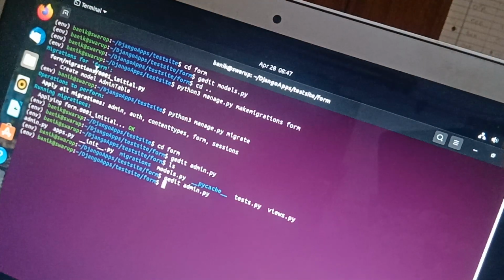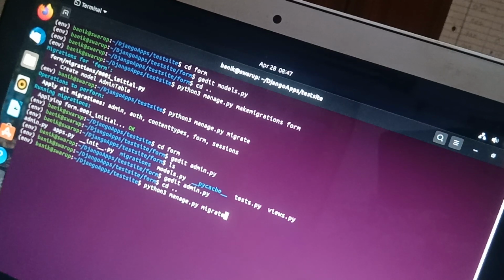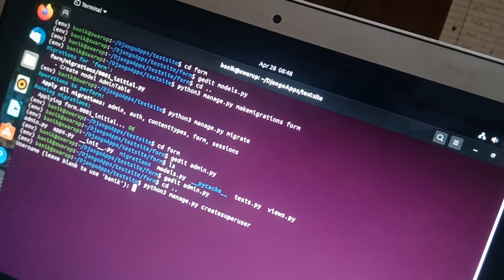We'll go back to the test site directory and run again, manage.py createsuperuser. A superuser is a user that can be used to log into the admin side. Once we log into the admin side, we can add tuples to the admin table.